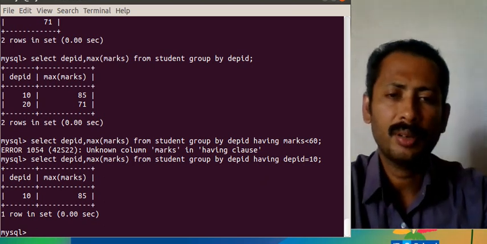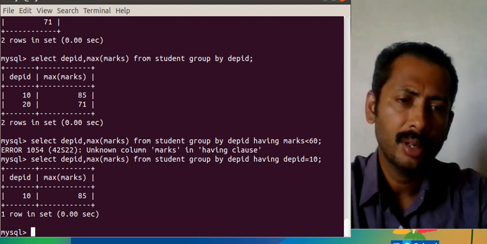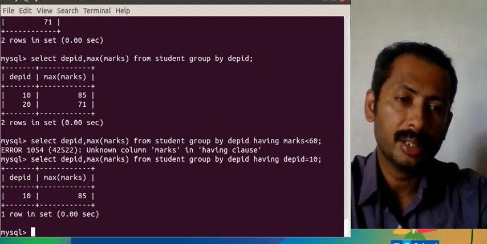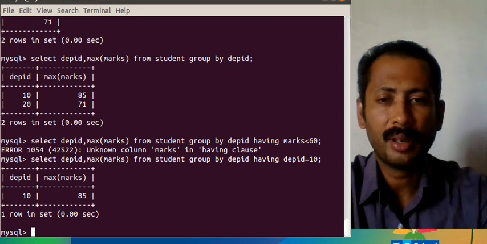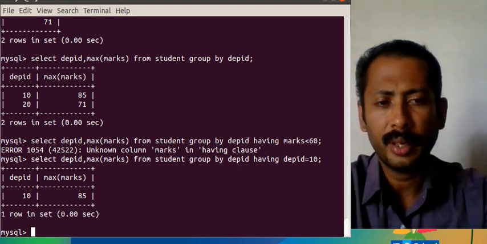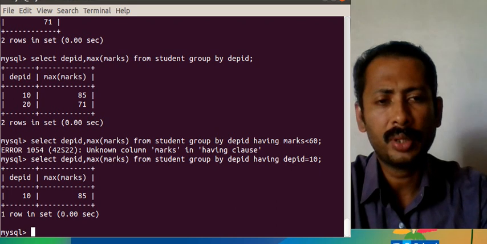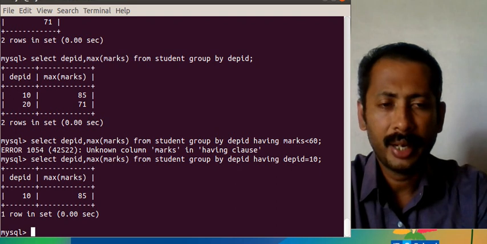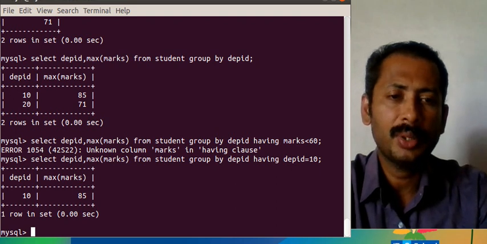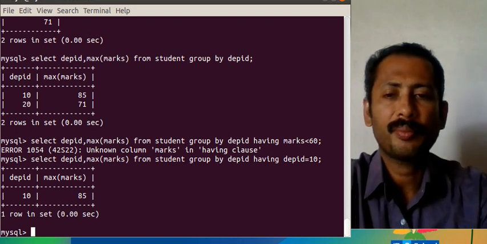So having is used for giving conditions on queries which use group by. After using group by, you cannot give a condition using where, so you have to give it using having, and the condition is restricted to the grouping field.